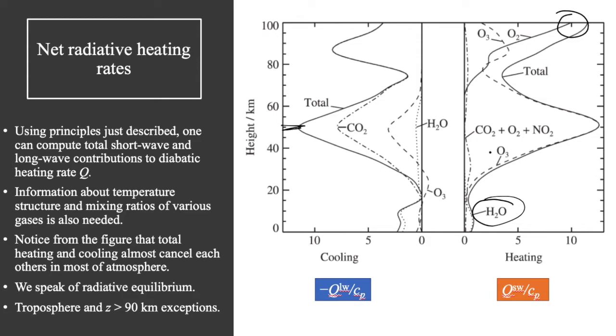Notice also that ozone here is the dominant heating term in the mid-stratosphere. It accounts for almost all of it, and oxygen then sort of takes over at greater altitudes. Notice that these terms almost cancel each other perfectly, so there's almost a perfect radiative balance between the two. One of the few places, well, the only two exceptions are above roughly 90 kilometers, where this balance is broken,